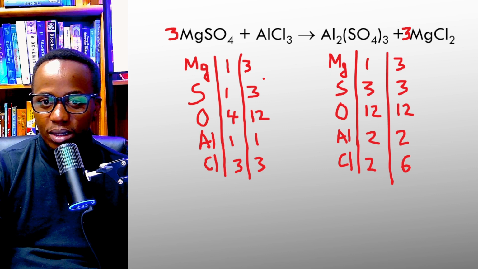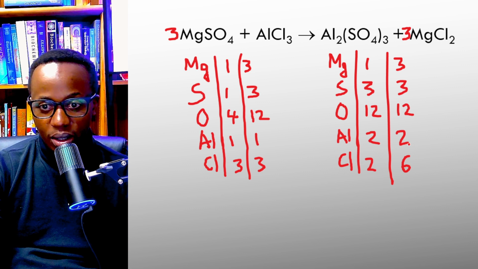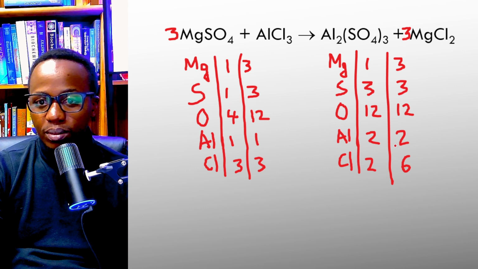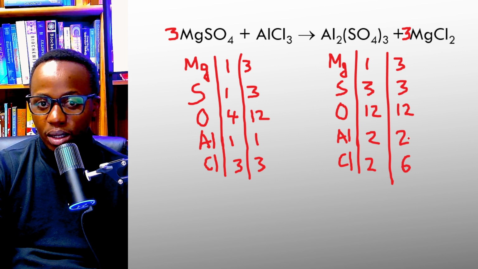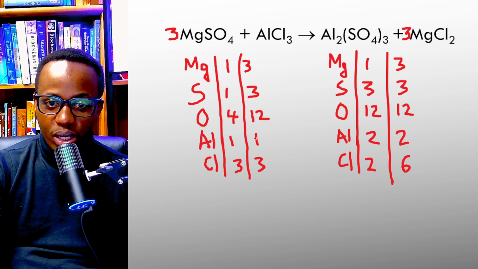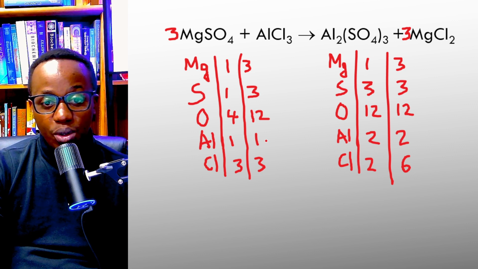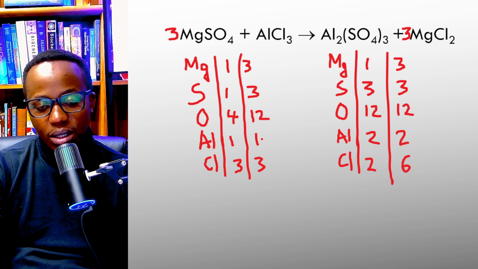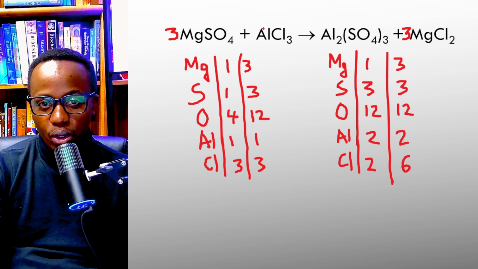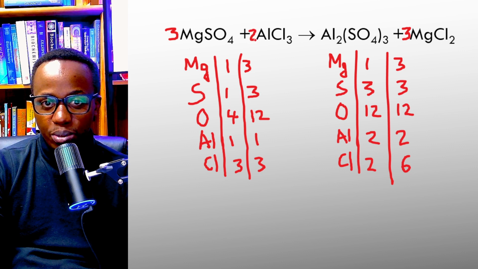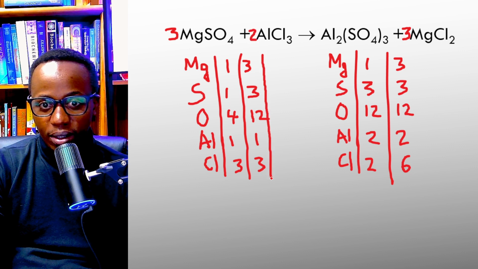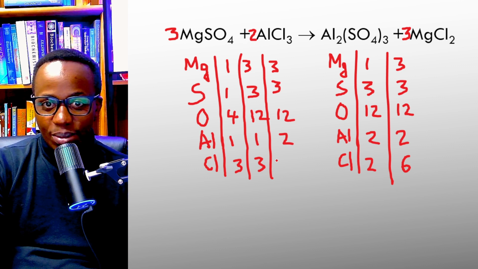Okay, let's step back. Magnesium is 3, balanced. Sulfur is 3, balanced. Oxygen is 12, balanced. Aluminum, not quite. You have 2 here, you have 1 here. What does that tell you? It tells you that you're going to multiply this side by 2. So you put 2 in front of aluminum, you draw a line so that you have magnesium is 3, sulfur is 3, oxygen is still 12, and look at this, aluminum is 2, and chlorine is 2 times 3,